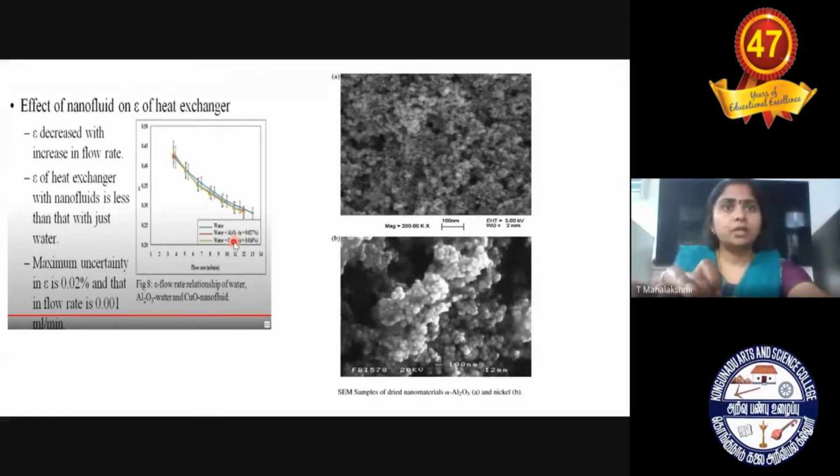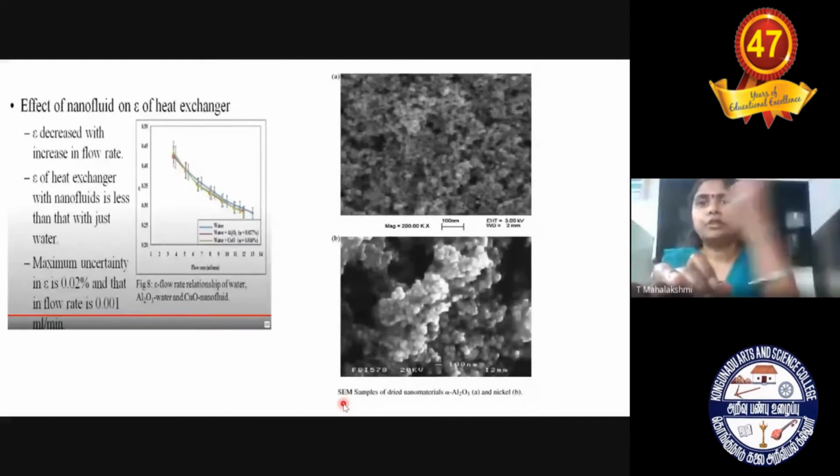So the maximum uncertainty in epsilon is 0.02 he has obtained, and the flow rate is 0.001 he has got. This graph shows that result, and we are speaking about nanoparticles, nanofluid. So we just realize how the nanoparticles exist in the fluid. If we move to the SEM image, SEM is nothing but scanning electron